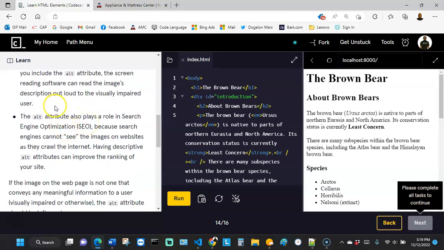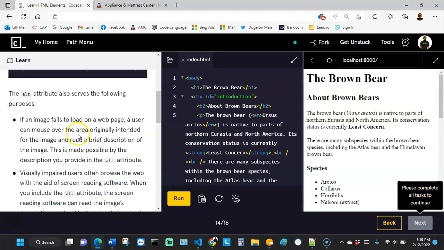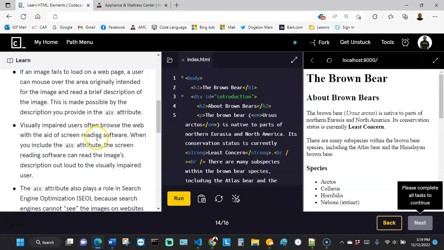All right, and then this last one here is also important. The alt attribute also plays a role in search engine optimization, which is SEO, because search engines cannot see the images on websites as they crawl the internet. Having descriptive alt attributes can improve the ranking of your site. Okay, so that's it. Just to reiterate what I just said,